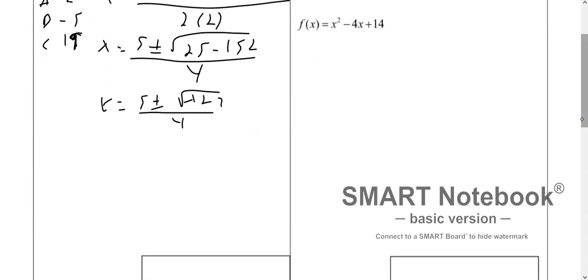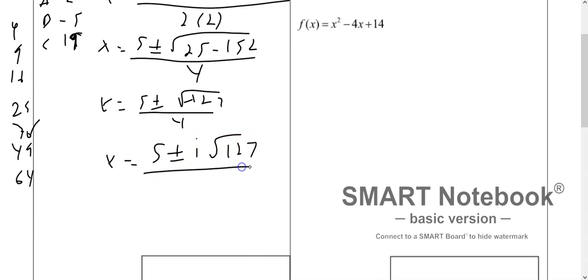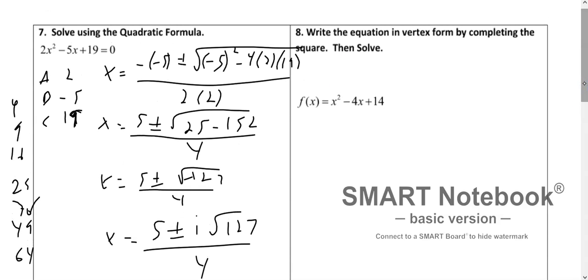We keep going. Now, 127, you can check to see whether 4, 9, 16, 25, 36, 49, 64 go into it. None of these numbers go into 127, so it's actually a prime number. But the negative can come out. So x equals 5 plus or minus i root 127 over 4. And that's our answer. All right, for this next one, notice it says put it into vertex form by completing